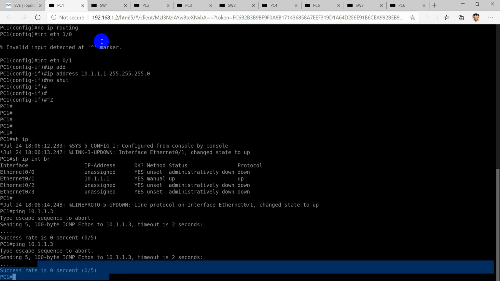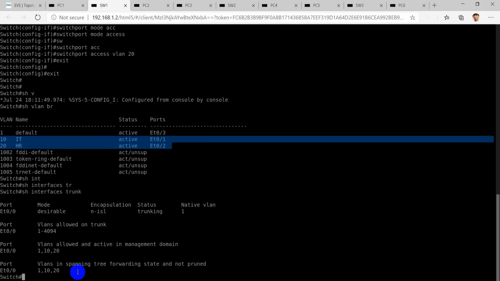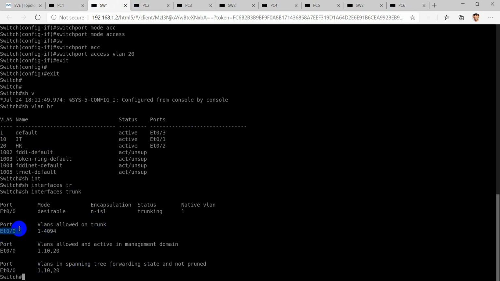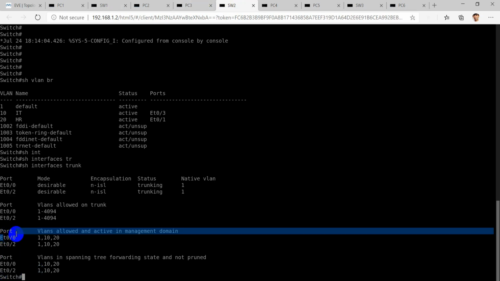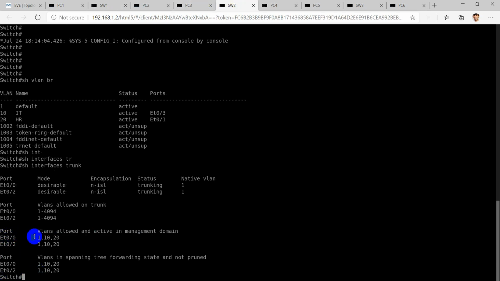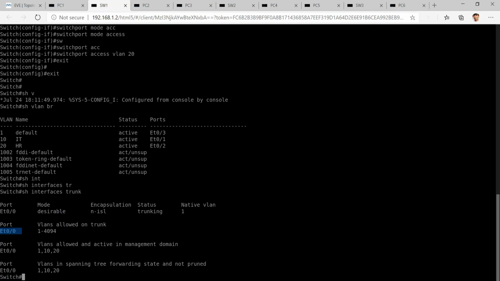So we'll change the encapsulation type on switch 1's trunk link and switch 2's trunk link. Ethernet 0/0 is the link connected to switch 1.